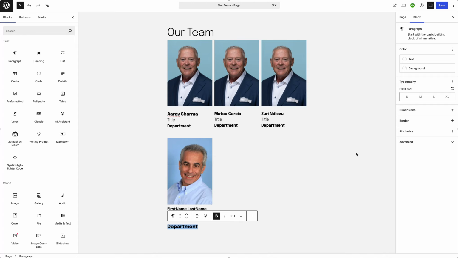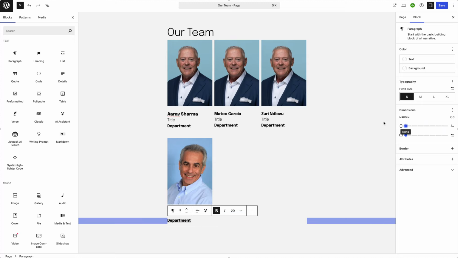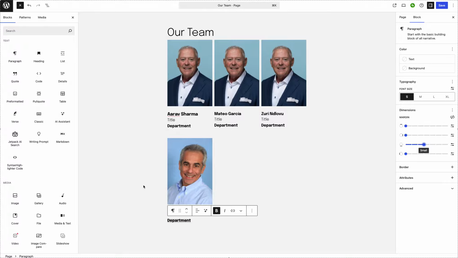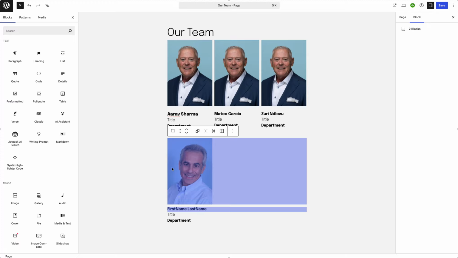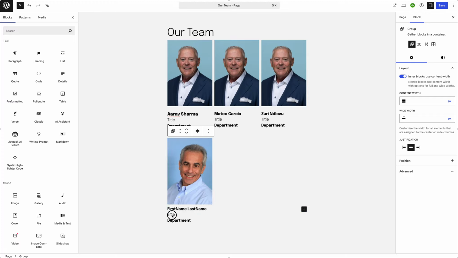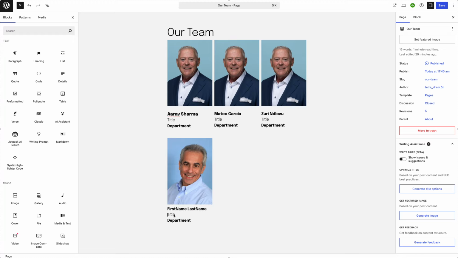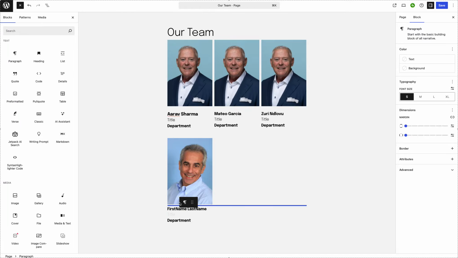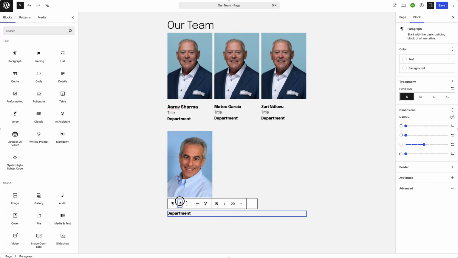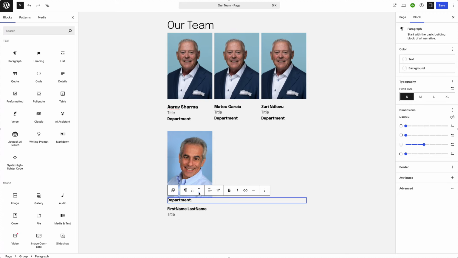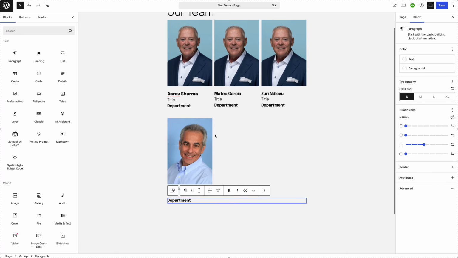I'm going to bold that, again making it small, and taking those margins all the way down to nothing, then breaking them apart and adding a little bit of extra margin there. Okay, now I've got this. I want to grab these two, and I'm going to group them together. And I'm going to grab title and put it into that group and move it downward. I'm going to grab department, move it into this group, and again, downward twice, so that now I've got this